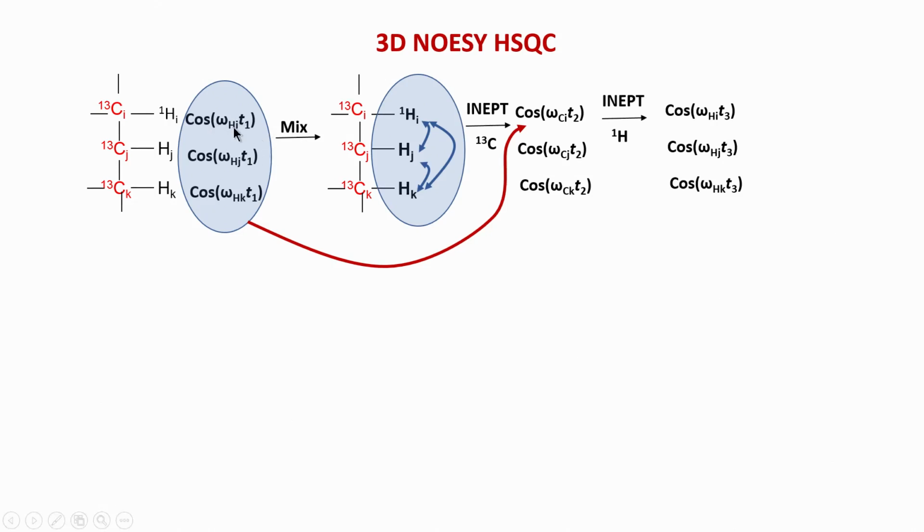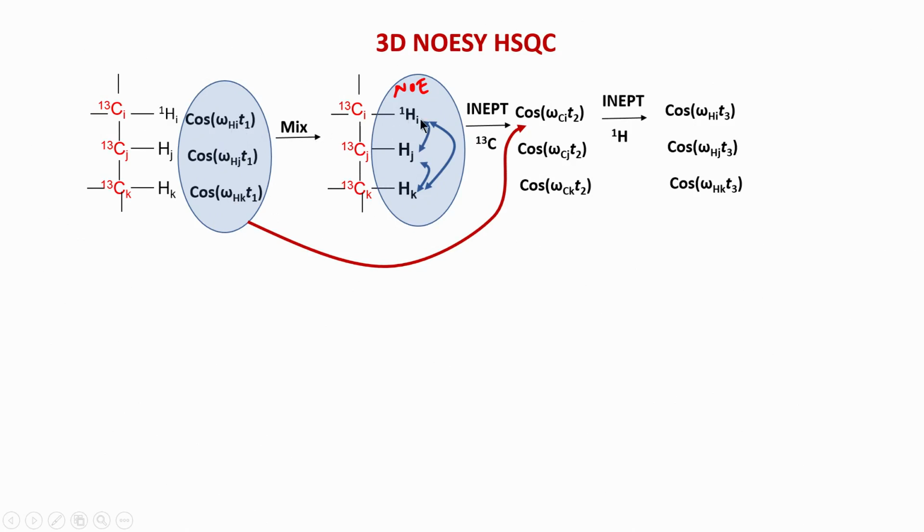So, you can see that these are the 3 hydrogen atoms I, J and K within the amino acid, okay, that has now transferred to this. But because of this interatomic transfer here, whatever was on the H has come to I, whatever was on the J has also come to I. This is because of the NOESY. So, let me write down here, this is because of the NOE effect. So, because of the NOE effect, all of these have exchanged their magnetization. Therefore, all these 3 terms are transferred to Hi, because Hi is of course the same as Hi.